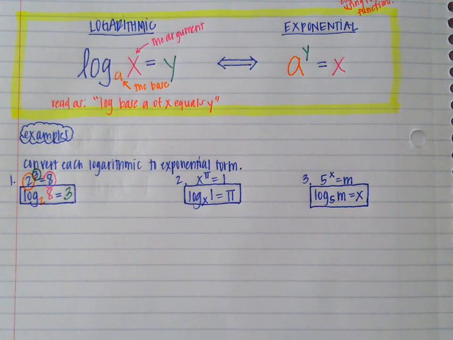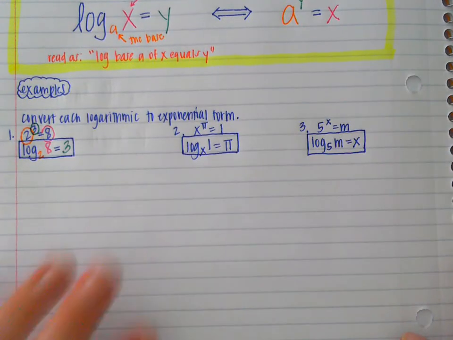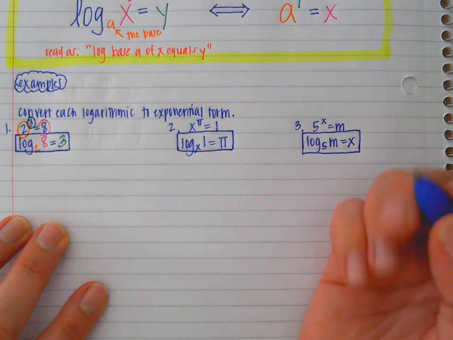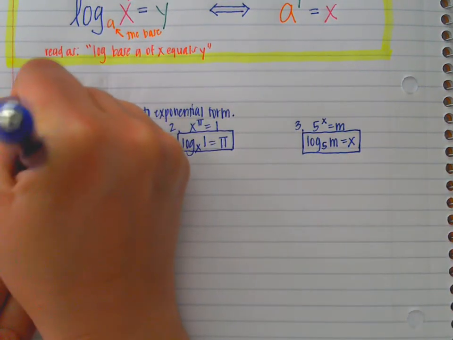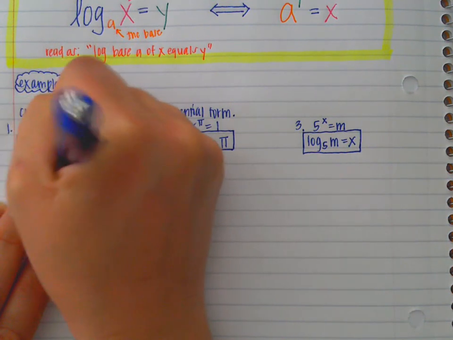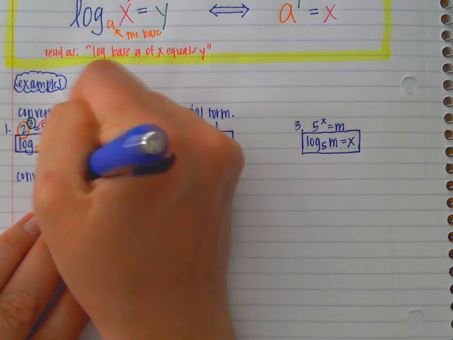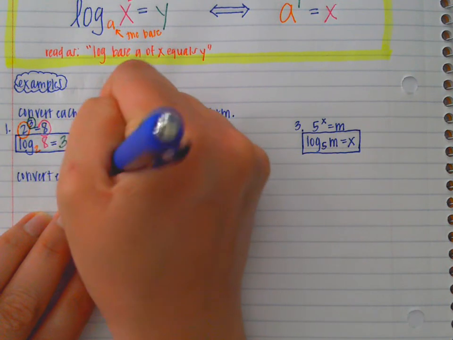Okay, so now instead of converting each logarithmic to exponential, let's go backwards. Let's convert each exponential to a logarithmic. Because really, that's going to be something we're going to be doing a lot. Okay, so I'm going to write that, convert each exponential